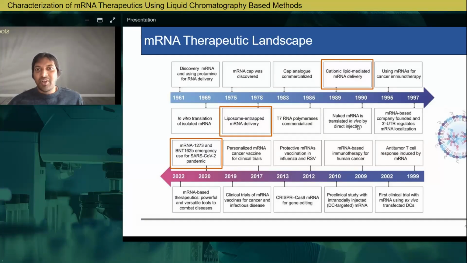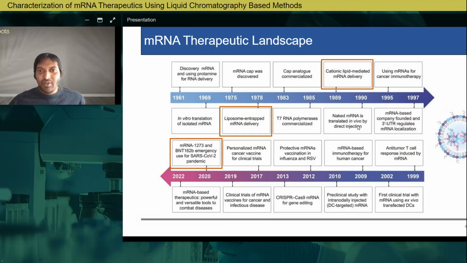That was the first time mRNA was trapped into a liposome for delivery. And in 2020 we got approval for two vaccines, from Moderna as well as Pfizer, for the COVID SARS-CoV-2 pandemic. So moving on,